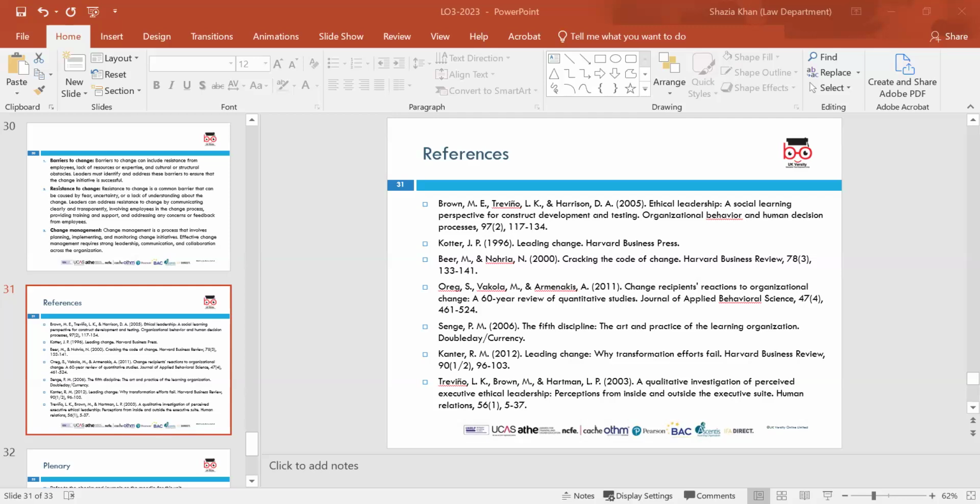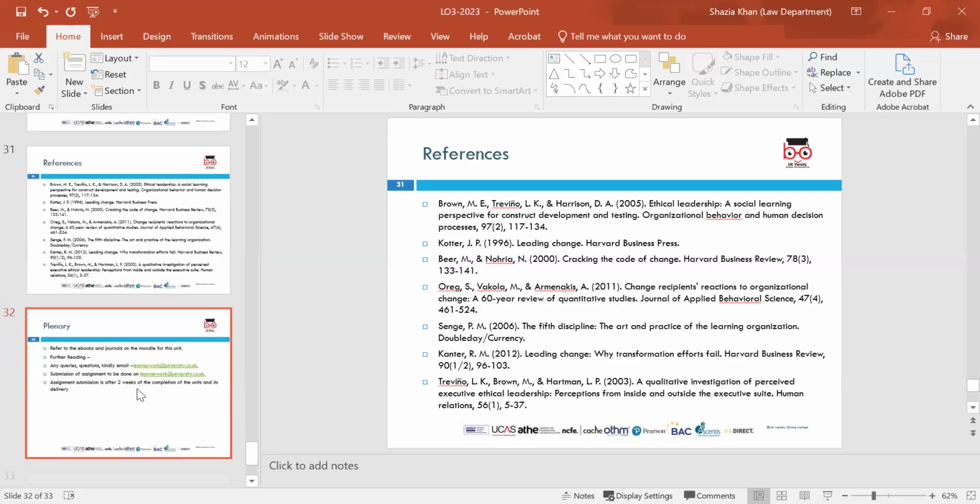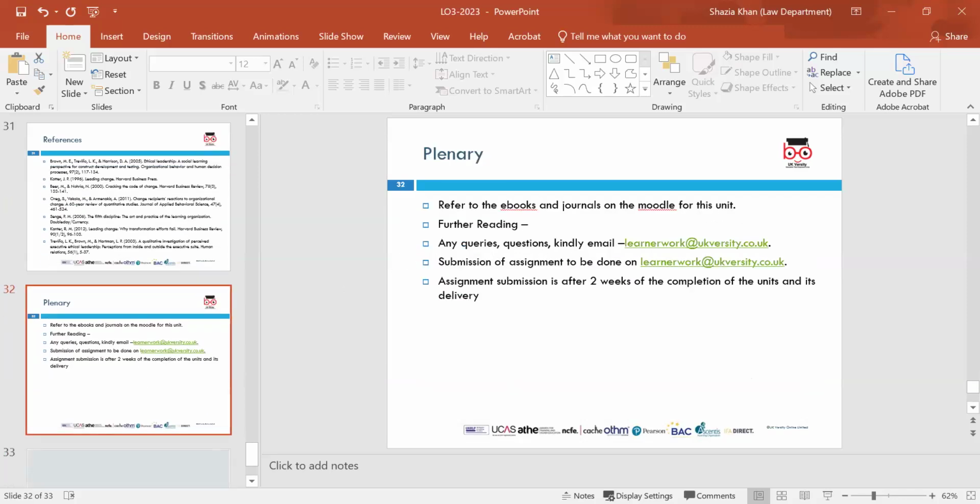And we looked at these, and at different levels. These are some of the references used. There are some ebooks on Moodle for additional reading, and you can go onto them to get any sort of additional reading around the area. Further reading is on Moodle. And if you have any queries or questions, please email